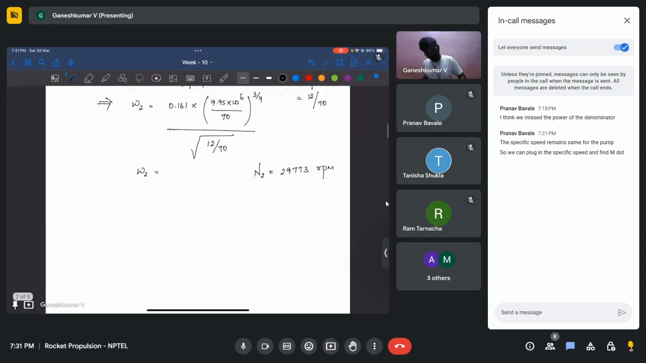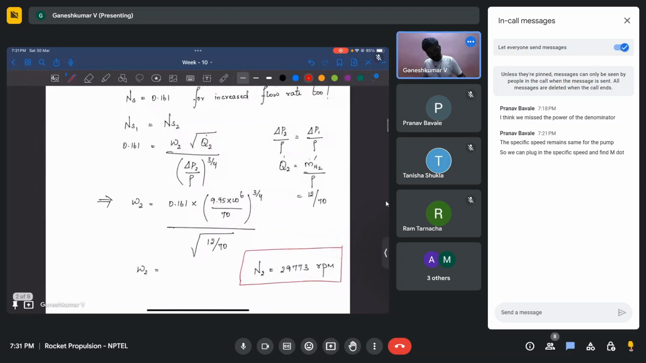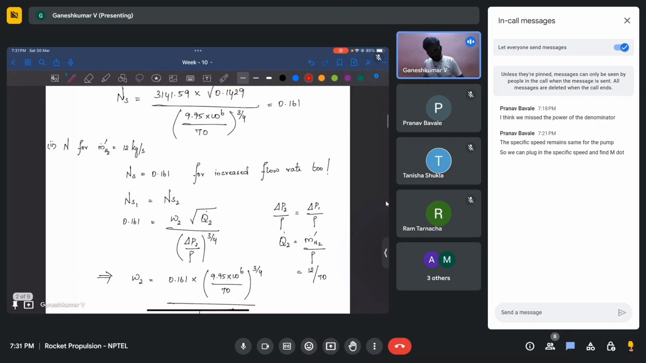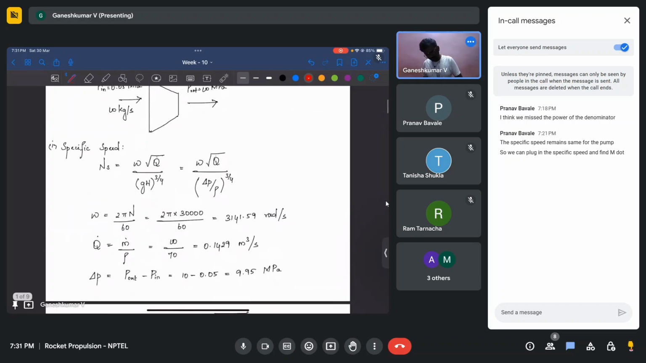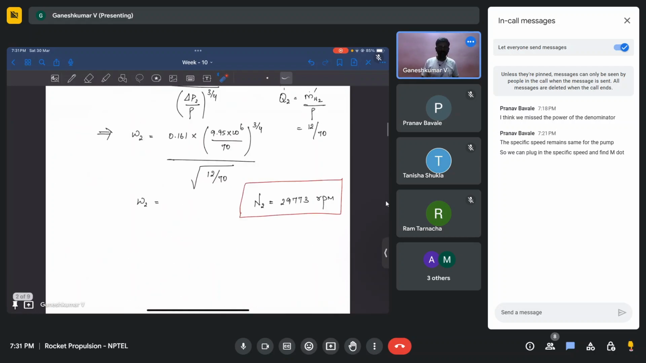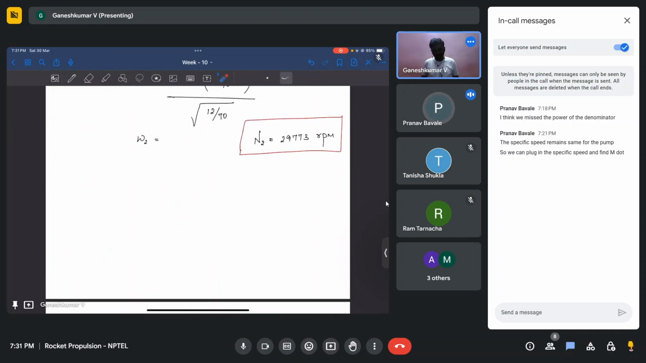Wonderful. So you can see that from 30,000 it has reduced to 29,773. Since ns has to remain the same and the denominator is already the same, if you increase the q, omega has to reduce. If omega reduces, then N also reduces. So that is what we see. From 30,000 it has reduced to 29,000, which means